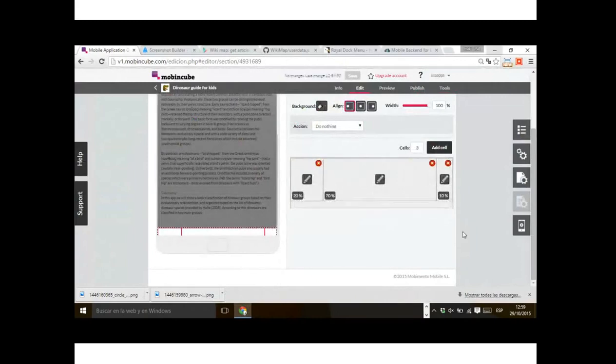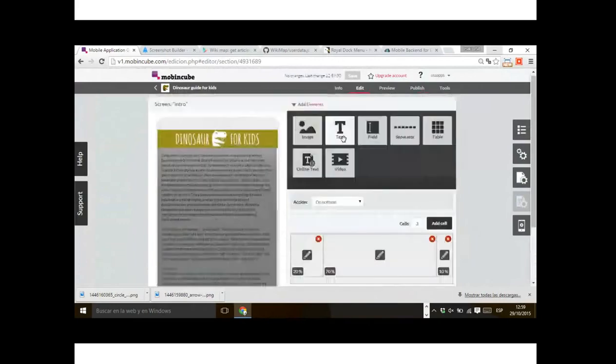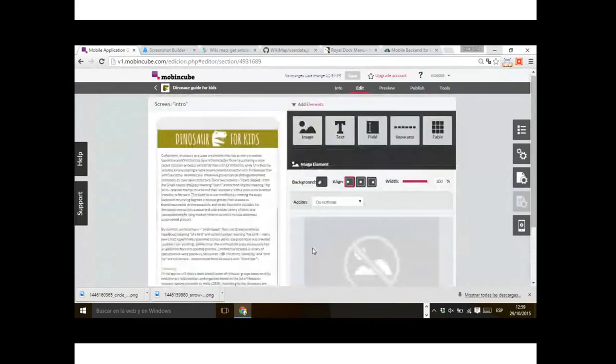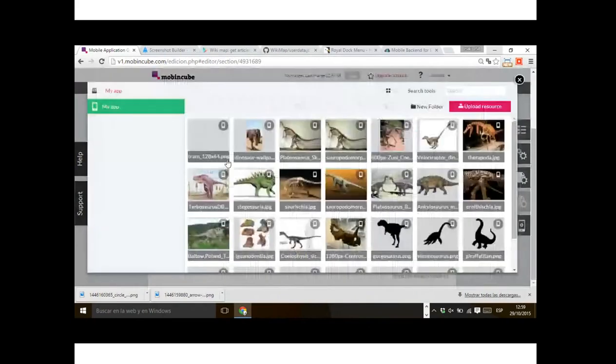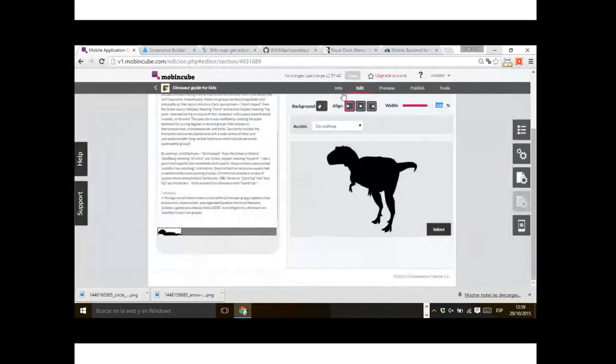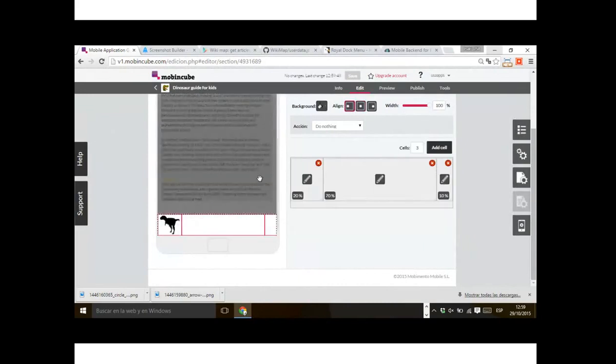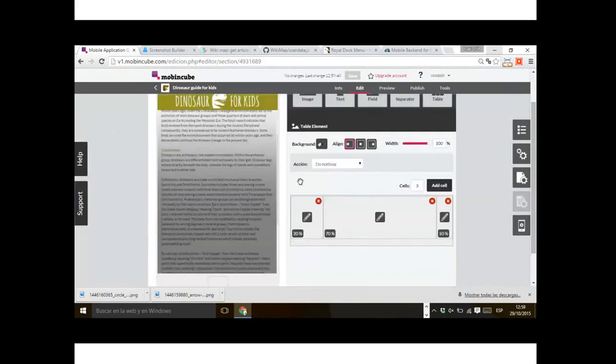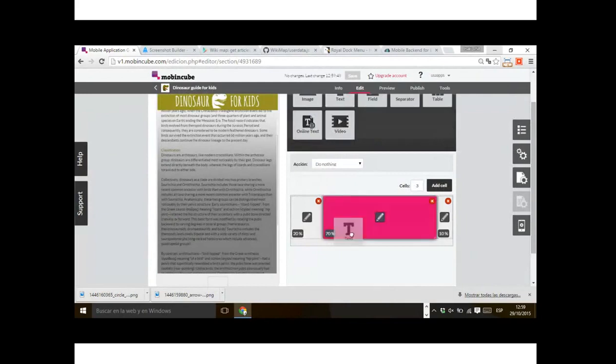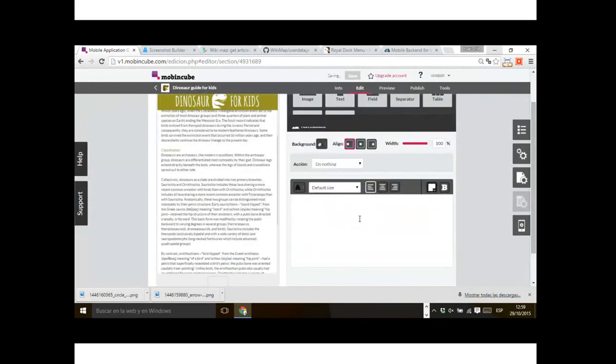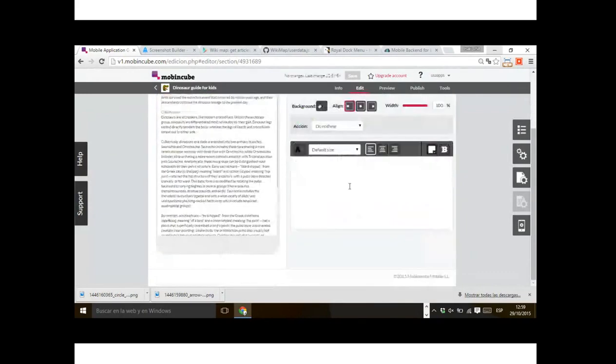And I will add one image here. This one, for example, I will do it 85% in the middle, and then I will add a text in the middle cell, and it's going to be called